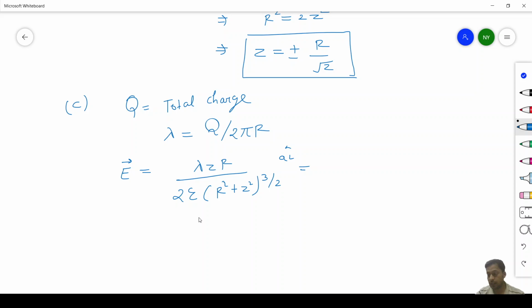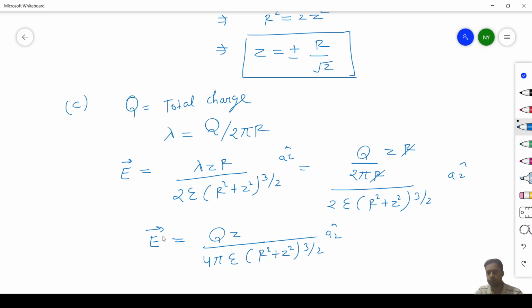So this r gets cancelled out. We have only q z, and the denominator will have 4 pi epsilon times r square plus z square power 3 by 2, and the direction is az. So this is the electric field. Now putting r tends to 0, this equation will become